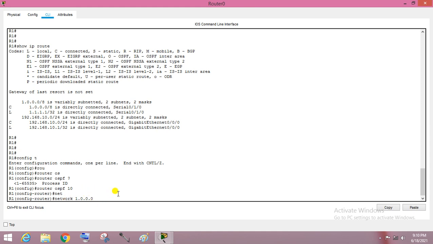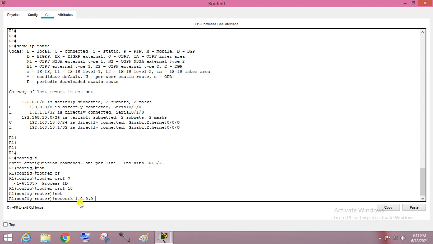Okay, but here you cannot leave it like this. Here you have to enter the wildcard mask. Later I will explain how you can calculate the wildcard mask. For now, you just need to know that to find the wildcard mask, you subtract the subnet mask from the global subnet mask, that is 255.255.255.255. When you subtract, you get the wildcard mask of that particular network.